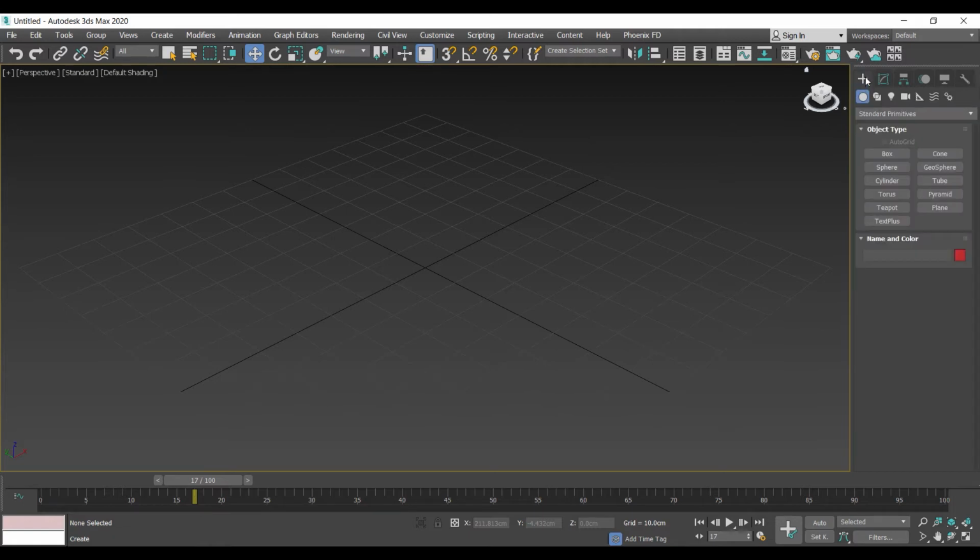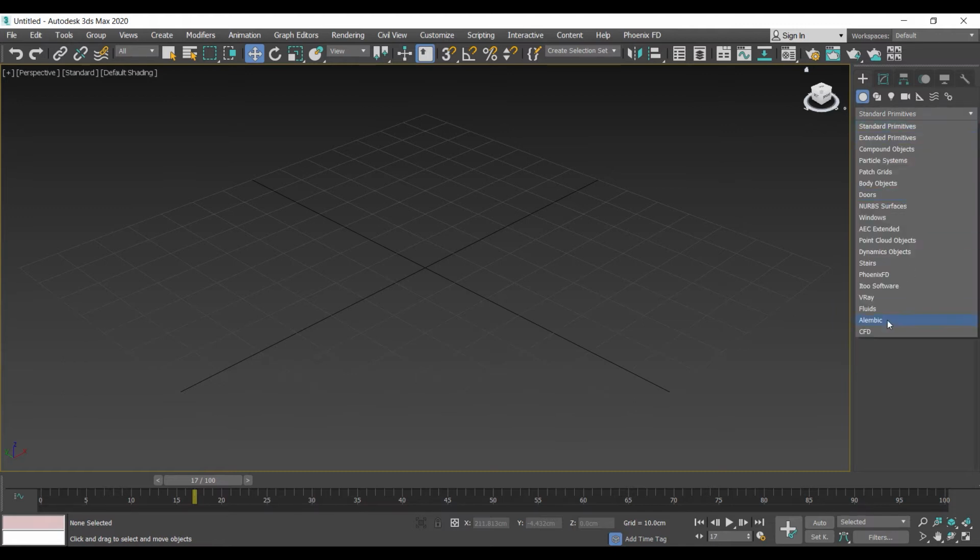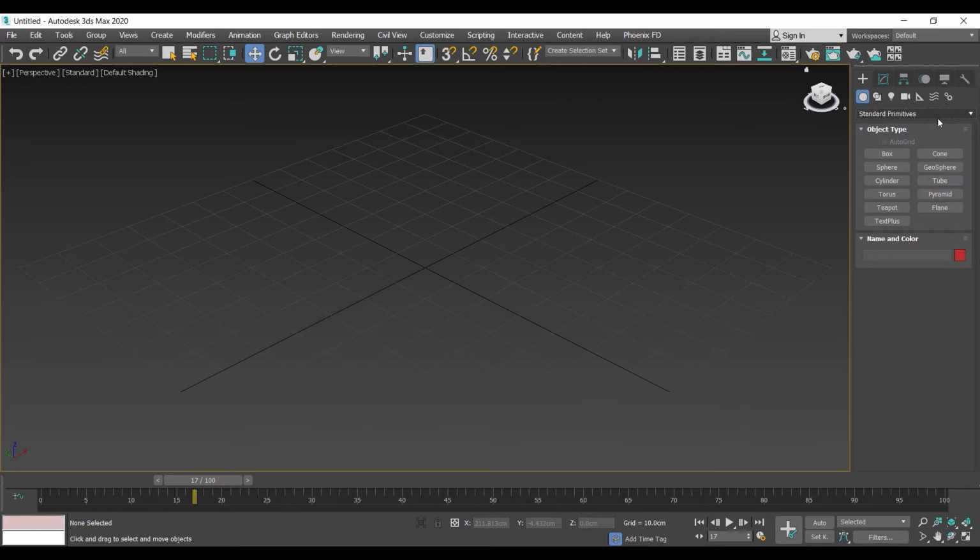So first I'm going to go to the Create tab. In the Create tab, I have different options and different sub-options of creation. I can create geometry, shapes, lights, cameras, helpers, space warps, and systems. In each one of those, for example geometry, I have different categories of geometry. I have standard geometries or standard primitives.